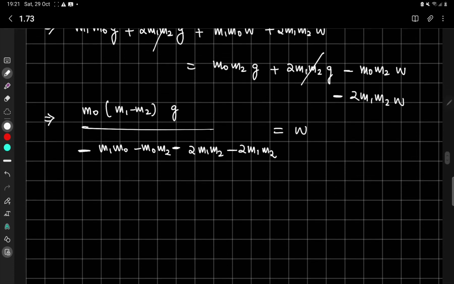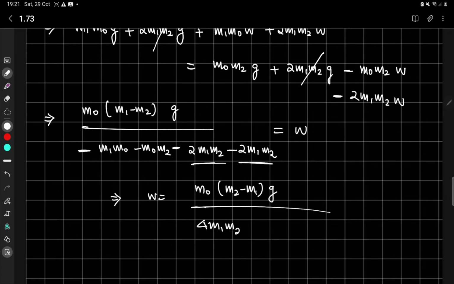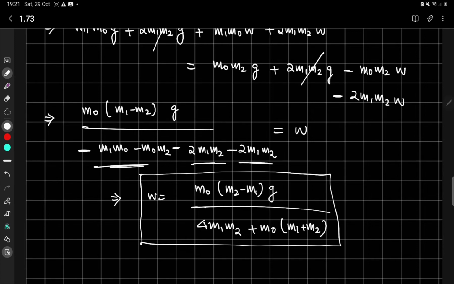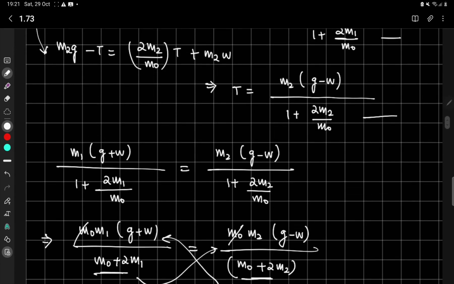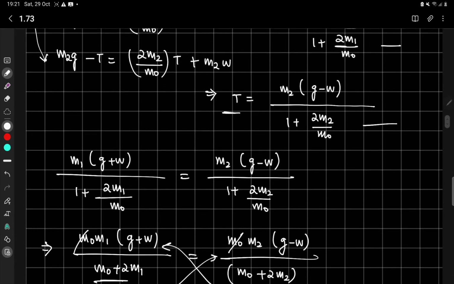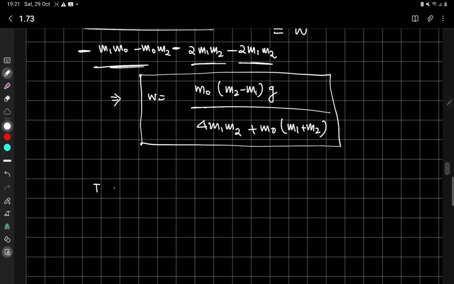So this is the expression for w, so we can further simplify it: m naught times (m2 minus m1) times g whole divided by 4 m1 m2 plus m naught times (m1 plus m2). So this is the expression of w we got, and corresponding to that we can find the t, that is t is equal to